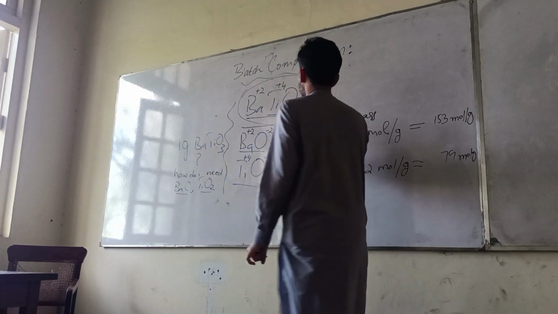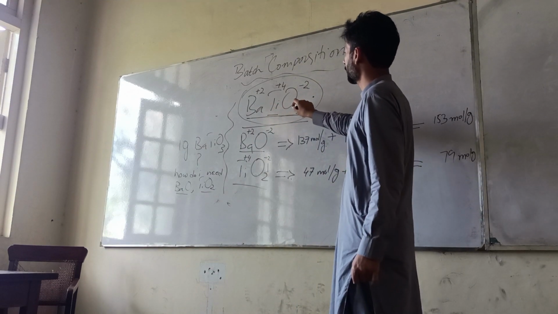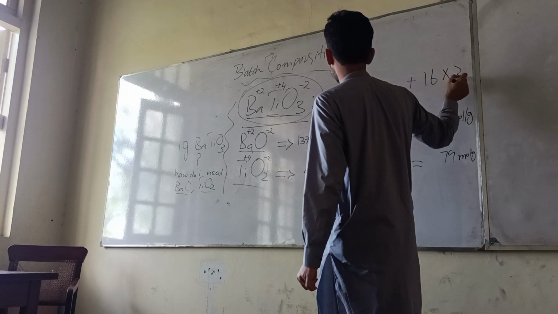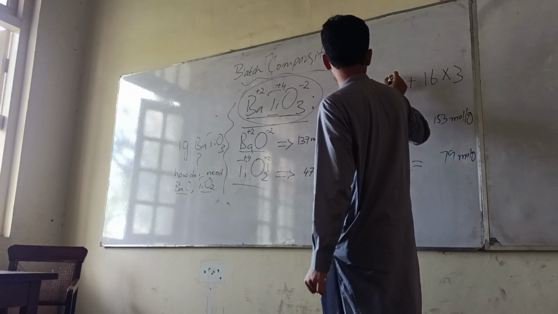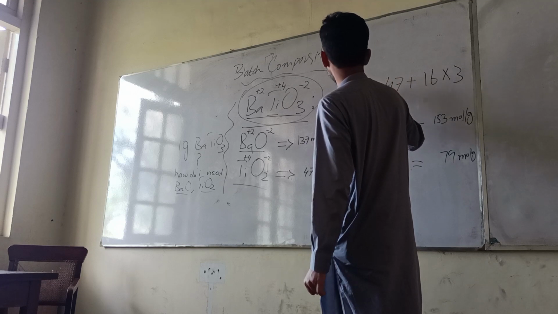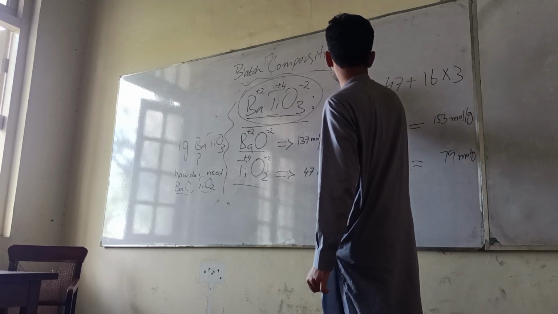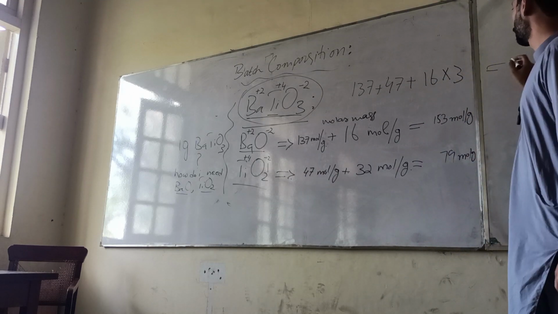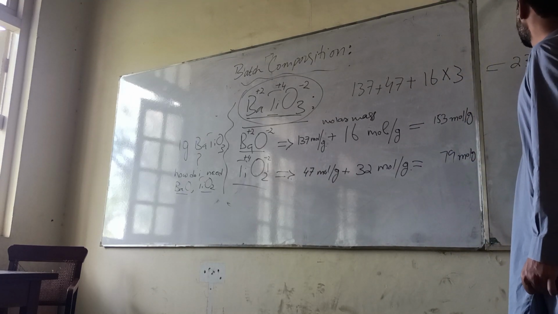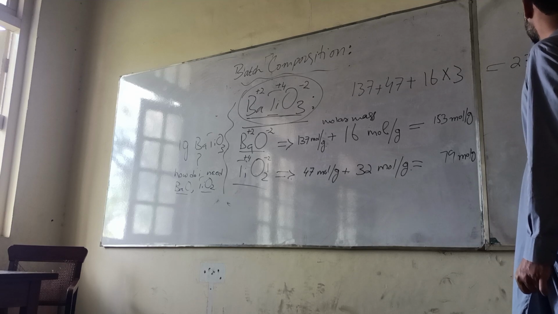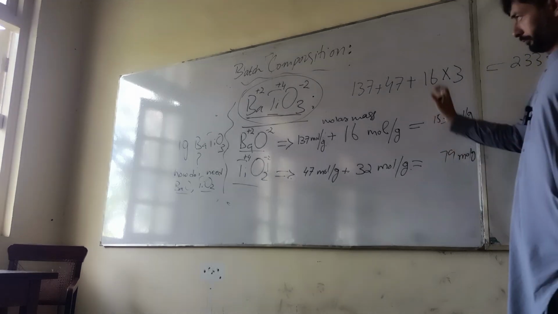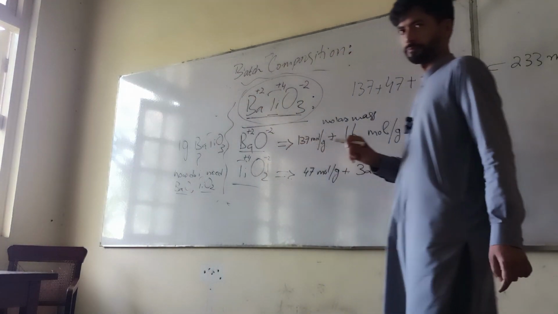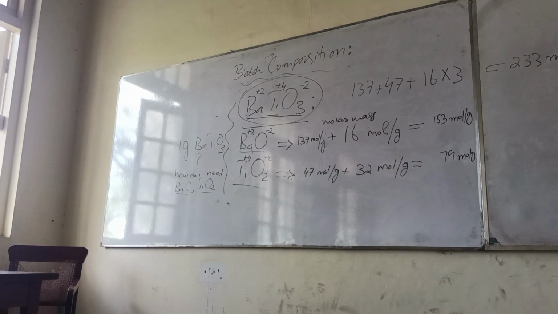This should be like BaTiO3. So O16 into 3, Ti 47, and Ba 137. So 233 moles per gram. Now, as it was already discussed here, if I need to prepare